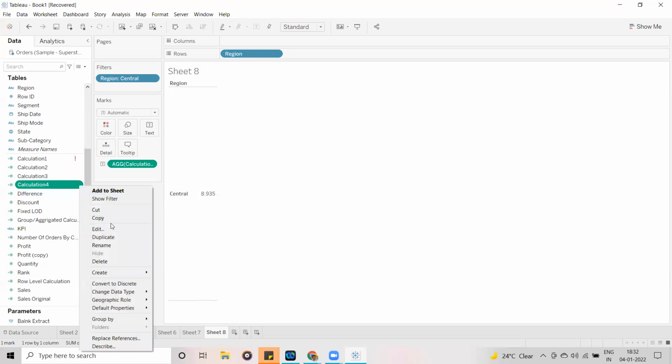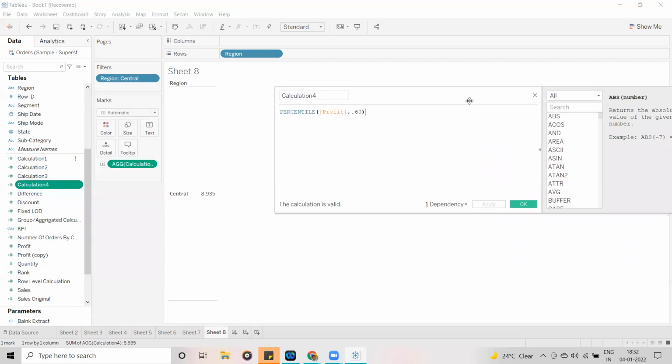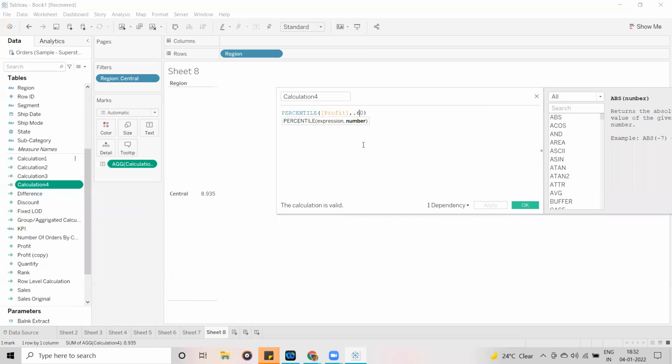If I increase it to 0.70, you can see how the value changes. If I use 0.50, it gives the median as it said. If you give 0.90, the percentile value changes. This is how it works, guys.